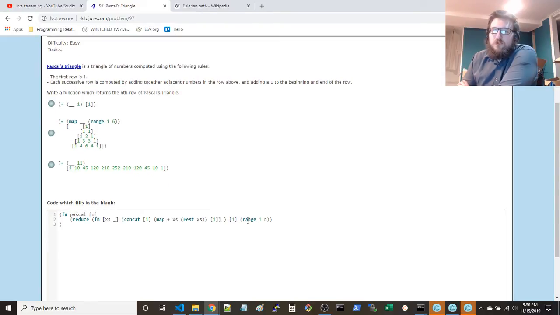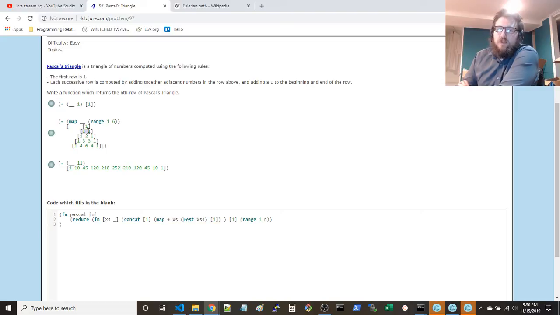Start with a 1, loop over a range from 1 to n, not including n, and obviously not including 0. We don't actually care what's in that range, so our reduction just leaves that value out. Reduce over this function is where the magic is going to happen. Start with x's, starting at 1, and you map the previous result with a new set that has one less element, right? This is the shifting that I described earlier. Map over that, add all these numbers. Notice that you end up without the first and the last, and so you concatenate those ones on the side.